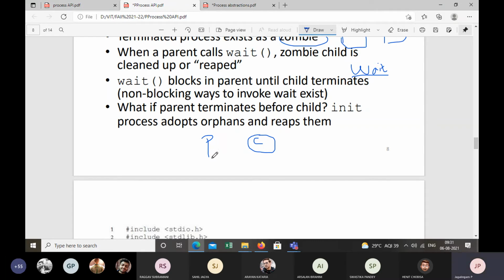Okay, let me repeat. You have a parent process. Let's say that parent invoked wait system call. Okay, then what happens? The child executes and gets terminated. Yeah, child gets terminated and child gets cleaned by the parent process. Okay, let us think of another scenario.